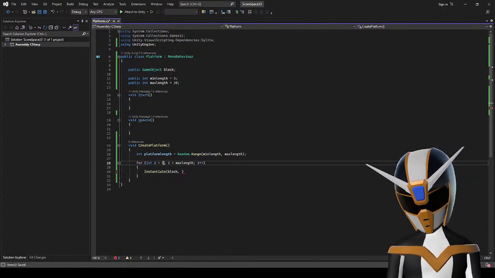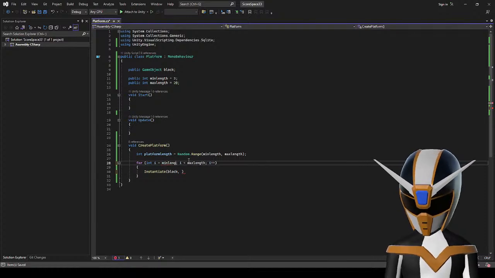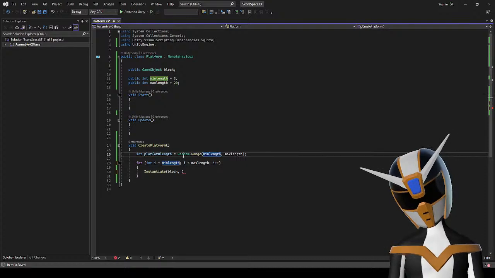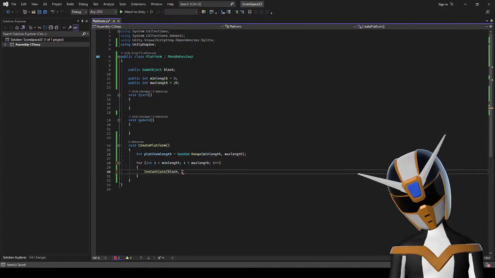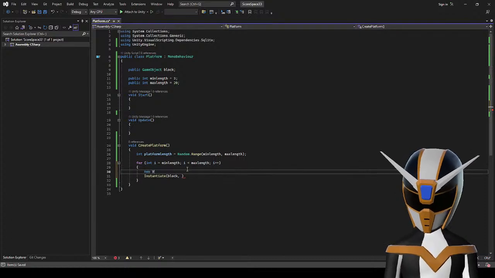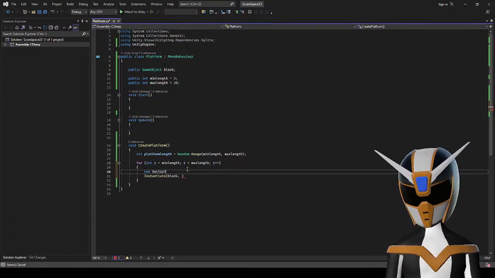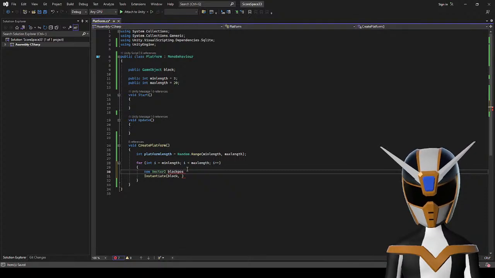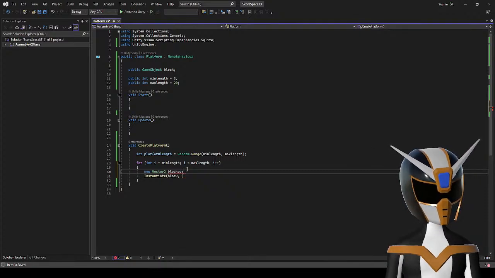I think I want to set i to min length. And then I need to have a Vector2. Let's just call it blockPos. That's going to be the position.